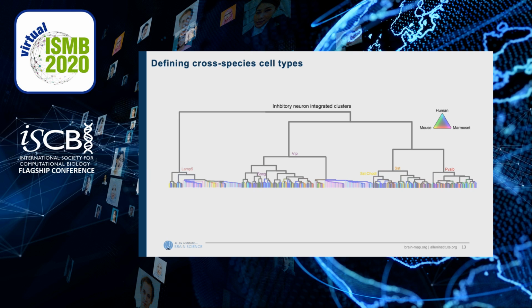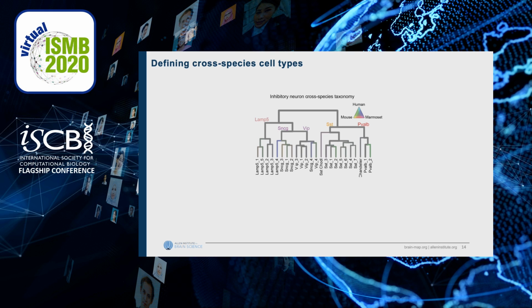And for these metacells, you can see the tree is actually colored based on the proportion of species that contribute to each metacell. So you can see that some of the deep branches tend to be very blue, which suggests that they're made up of mostly human and marmoset nuclei. And so we bootstrapped this analysis 100 times, included 95% of the cells in each iteration, and then established a stability score for each branch. And then using a series of these stability and species mixing thresholds, we dynamically prune this tree to establish a cross-species consensus taxonomy. So here's the final pruned inhibitory tree showing the subclasses above and the consensus clusters as the